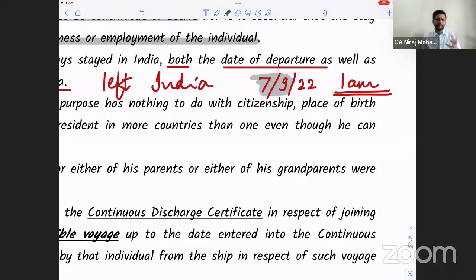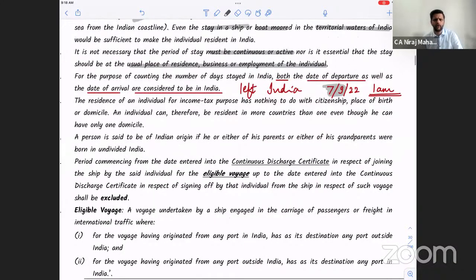Again, from a practical point of view, tell me, where will I find this time or date? We are now at an international airport, not a domestic airport, not railways, not bus, train, cars. There can be ships, obviously, going outside India also, but normally we're talking about flights. So maybe on the passport, you'll have that stamp. The same thing, even whenever he returns to India, whatever is the date on the passport, irrespective of whether it is 11 p.m. or 1 a.m., that date, the entire day, we consider him as in India.